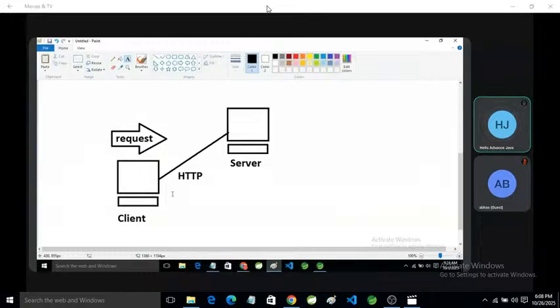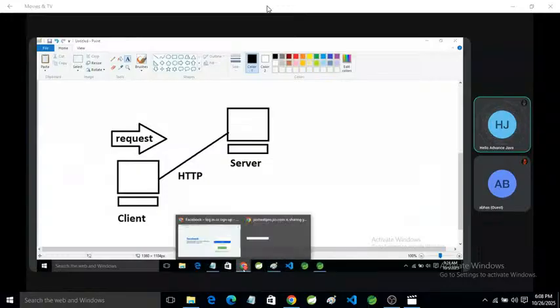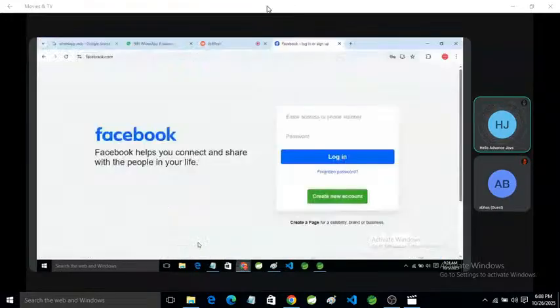Like suppose we are sending a request for Facebook. It reaches Facebook, this page already exists, so the server downloads that page on the client machine, and the web browser displays it on the screen.